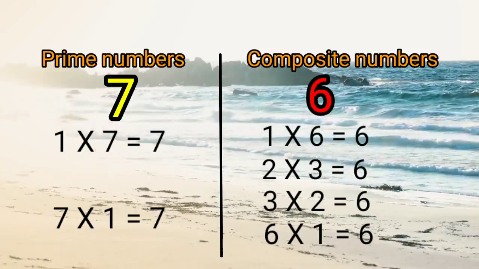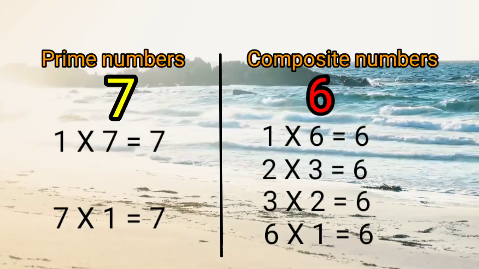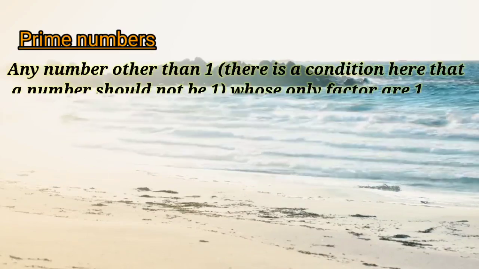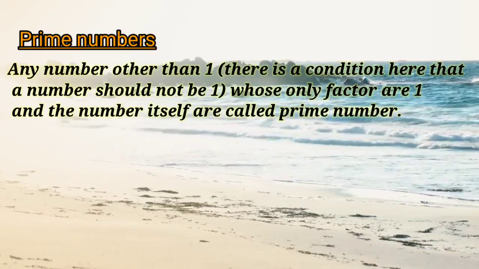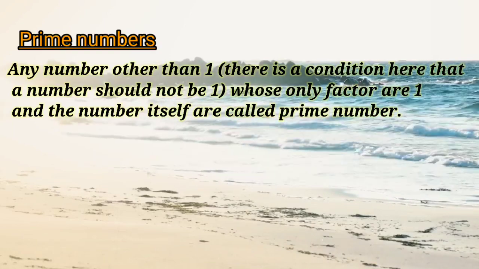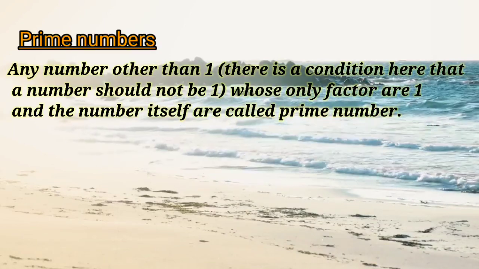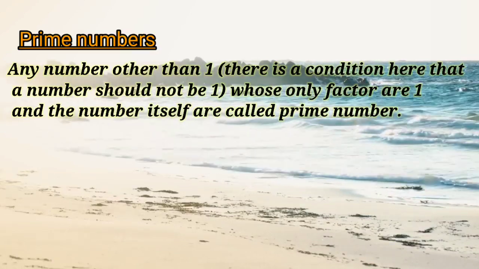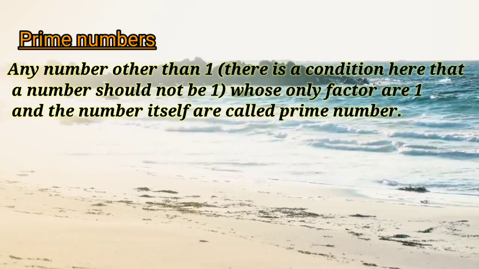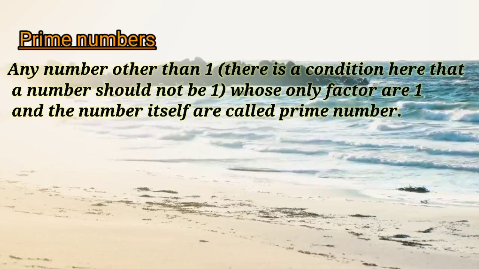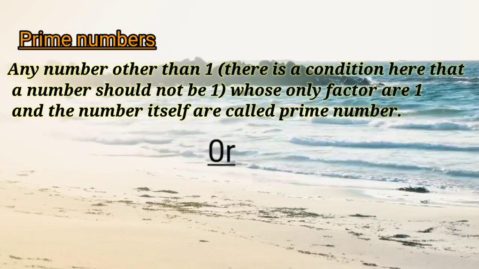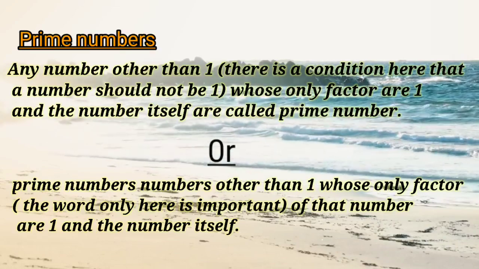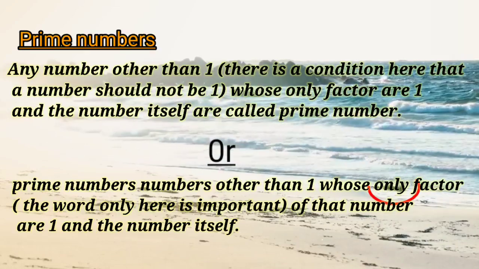So now we can say that the definition of a prime number is any number other than 1. Note that there is a condition here that the number should not be 1. Okay, 1 is not a prime number according to the definition. Numbers whose only factors are 1 and the number itself are called prime numbers. So what are prime numbers? Well, prime numbers are numbers other than 1 whose only factors, the word only here is important,